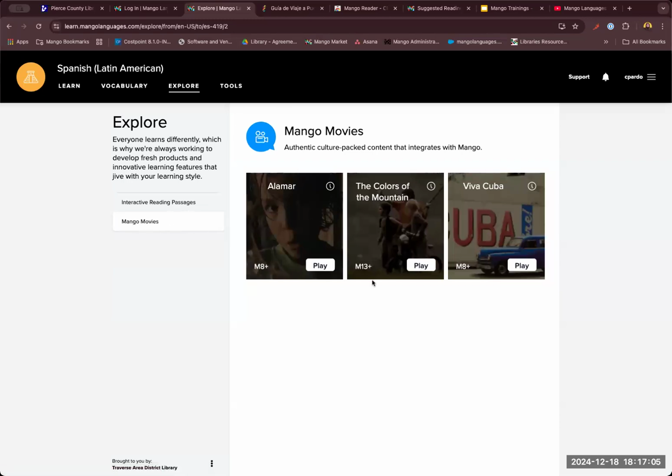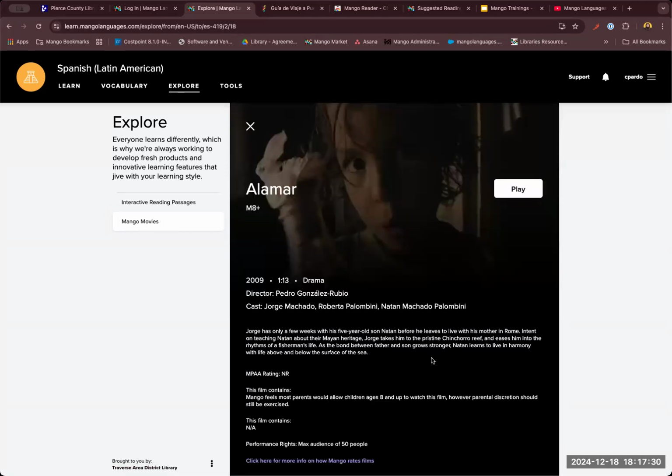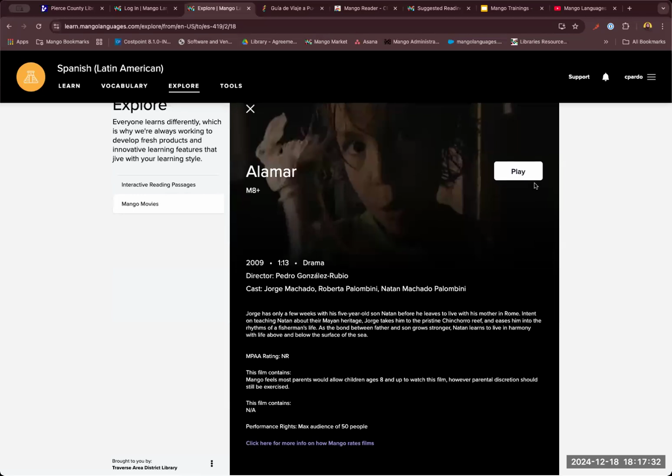The reason why I wanted to show you Spanish is because for Japanese, we only have one. For Spanish, we have 3. And every language has different amounts of movies. It just depends on how many movies we have the rights to show you. But if you ever want to watch some of these Mango movies that we have available here, you can go to Explore, Mango Movies, and then these are the ones that we have available. Once you click there, it has information about the movie, and then once you play,